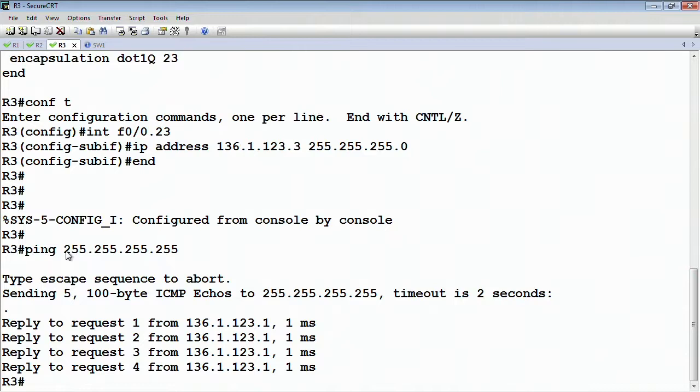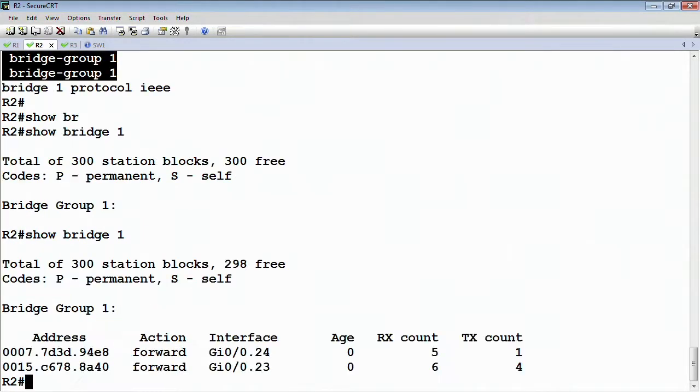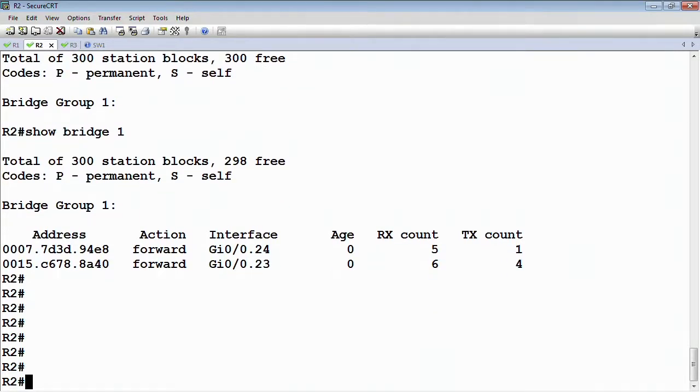So as we know, broadcast traffic cannot be routed between interfaces. Based on the fact that we're getting our ICMP response in, it means that these two devices are in the same broadcast domain. Now they're not in the same VLAN, but they are in the same IP subnet, which goes a little bit against normal bridging logic, but router 2 is connecting those two together. So if we look at show bridge 1, we should now see the MAC address that is associated with router 3. It says if I have a layer 2 frame going to this MAC, it goes out this port, and then likewise going towards